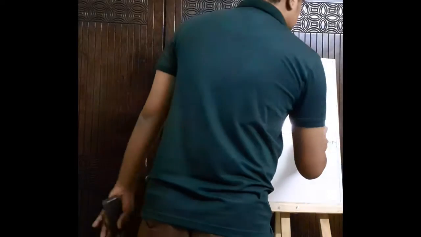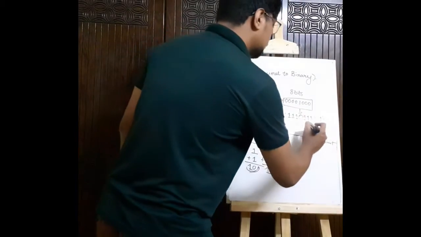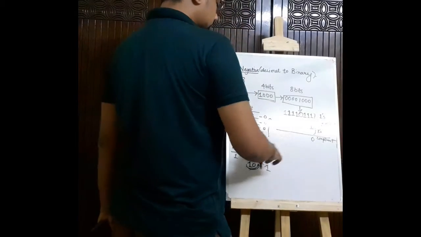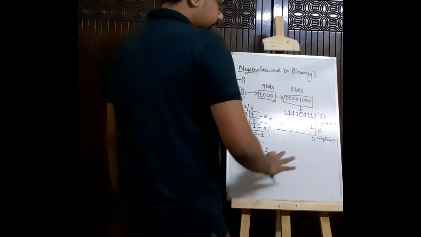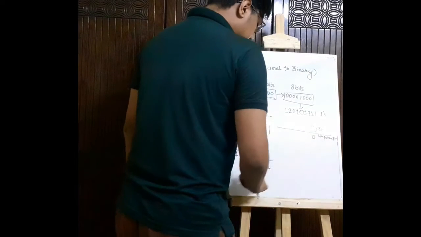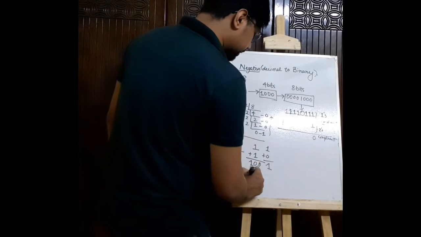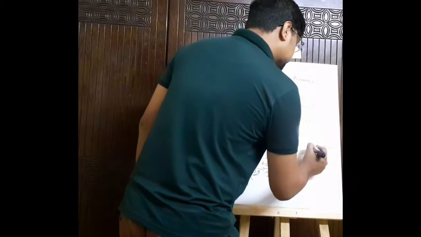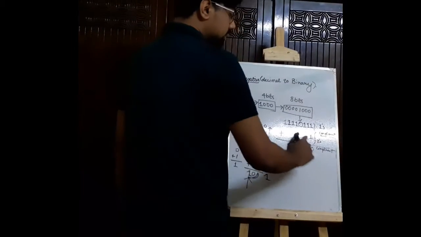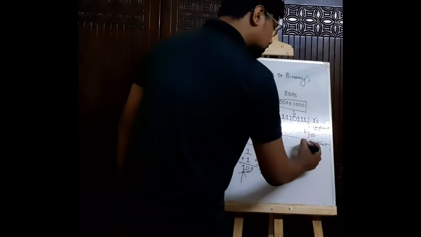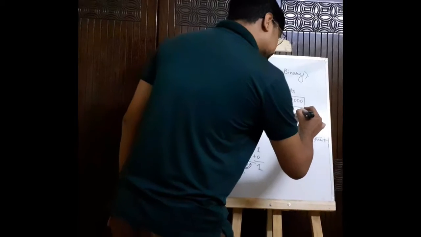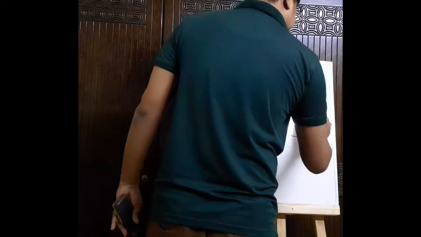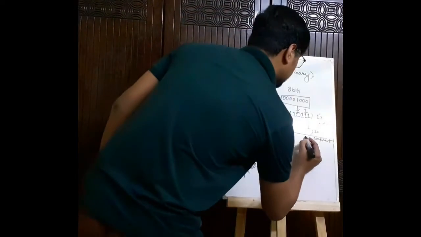So don't panic. Here, after adding 1 and 1, we will be getting 0. Why 0? Because 1 plus 1 gives us a value of 10. So we write down this 0, and this 1 is called the carry bit, right? This carry bit, we don't have to write here instantly. Instead, this carry bit goes on top of the next value here. Fine. So now this carry is 1, and this one gives us a value of 0 again,